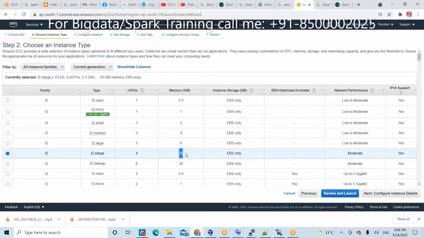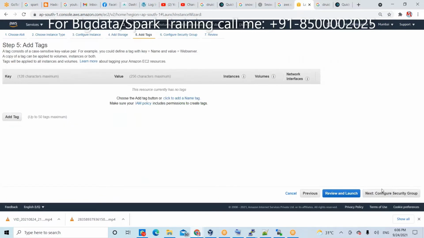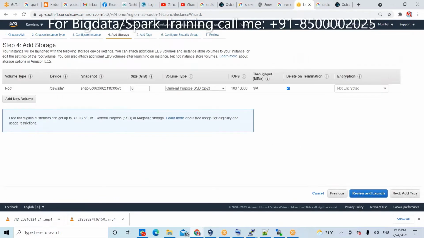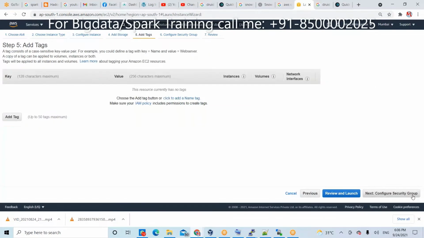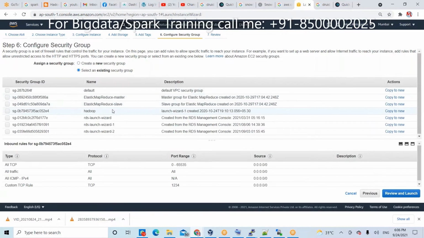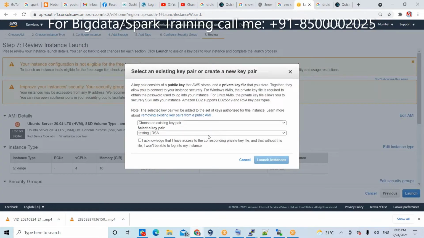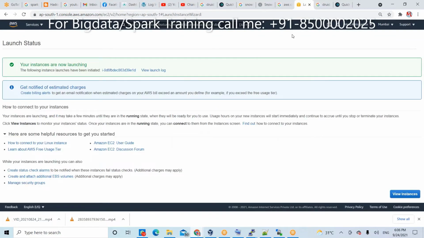This has 16 GB RAM and a 4-core CPU, so choose that minimum. Everything else is the same: one node. Here, instead of the 8 GB minimum storage, I recommend 20 GB. 10 GB is also fine, but 20 is recommendable. I think you know all these security group related issues; in my previous videos I already explained all these things. Now take this and create one instance.